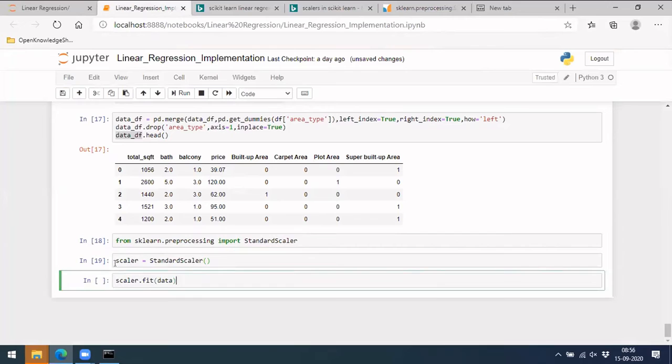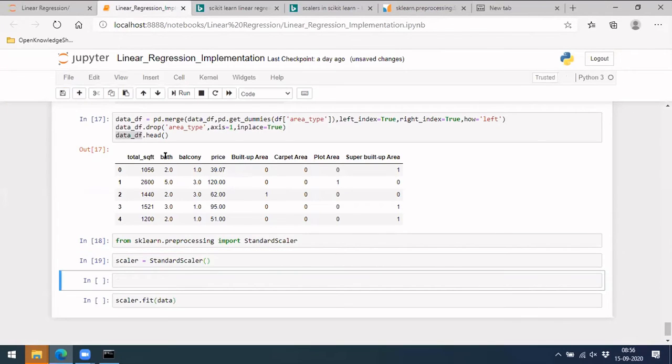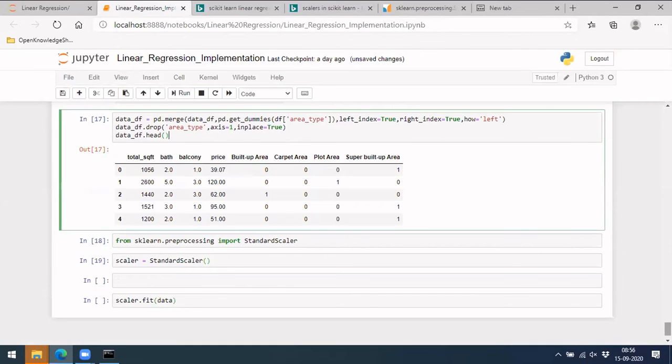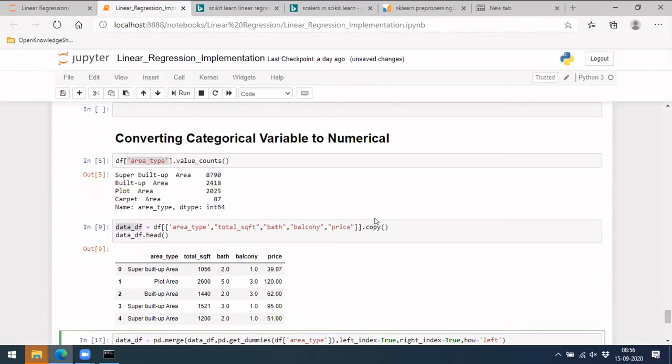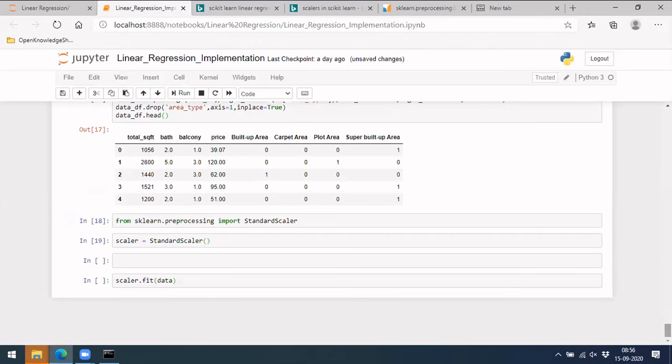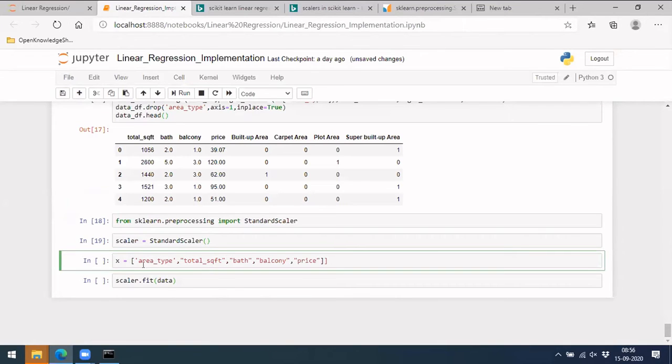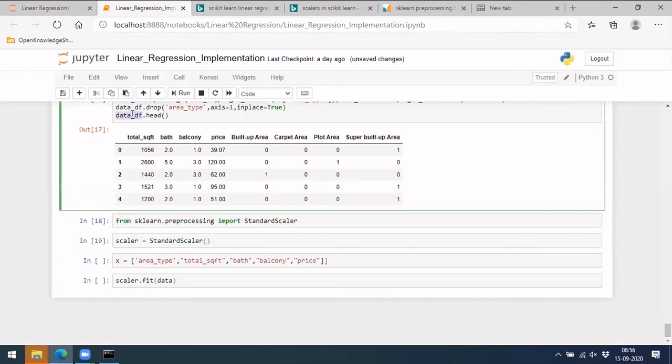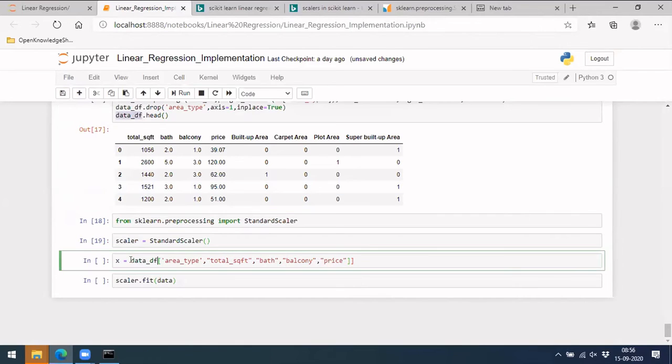So for our data, we need to take only X, not the Y. Please remember that. These are the columns which we need. Let's split it into X and Y here itself. You won't be having this area type, right? So these are different values now.